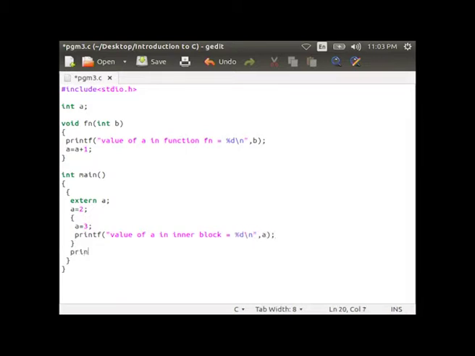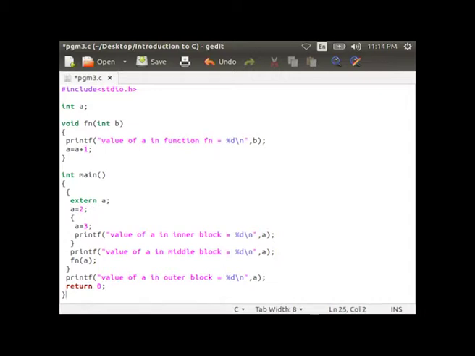Next line printf value of a in middle block equal to %d comma a. Then you call the function fn with parameter a, then close the curly brace. Then in the next line printf value of a in outer block equal to %d comma a, then return 0 and close the curly brace.